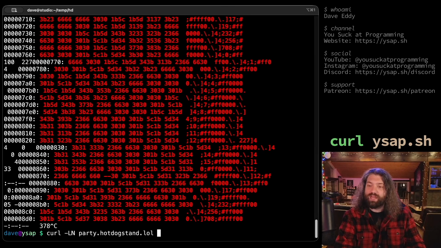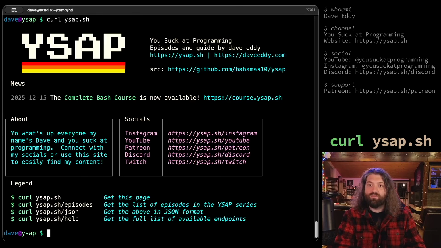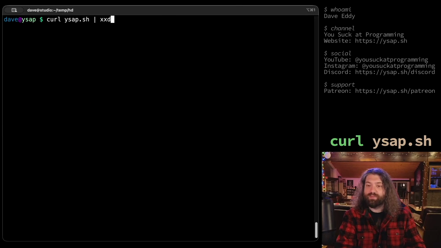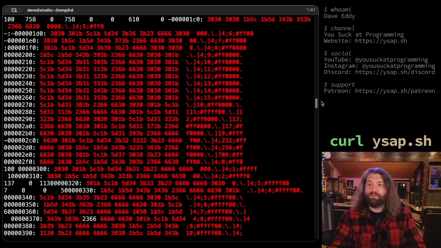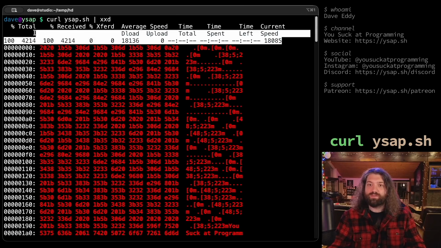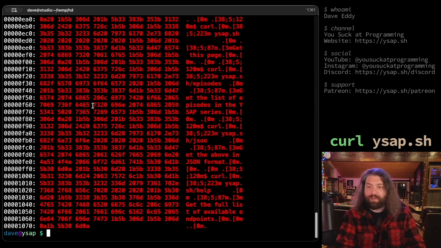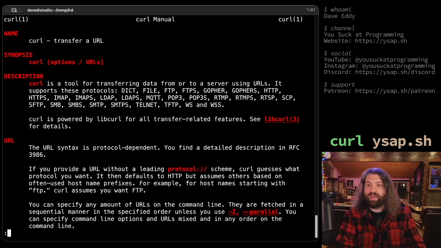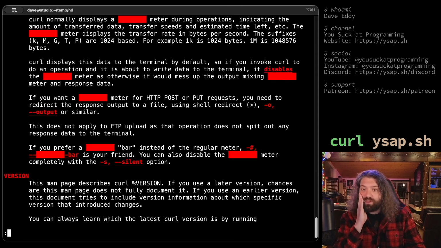When you curl something and you pipe it, it creates, I don't know if you noticed that. I'm gonna show you this real quick. You might not know this. When I curl this and then I pipe it to xxd, notice that it created a progress bar. Oh, wow. Okay, there's a lot there. Notice that it created a progress bar up here. That's because it detects that it's being piped. So let's go ahead and hide that progress bar because that can be confusing. If you man curl and you look for progress, that's what